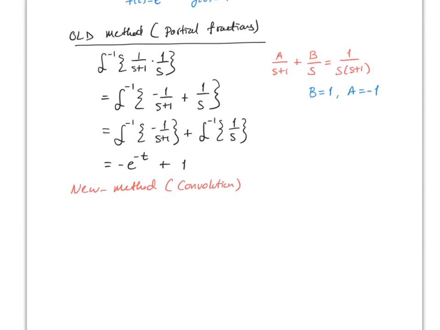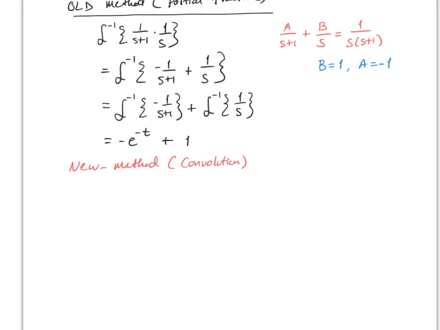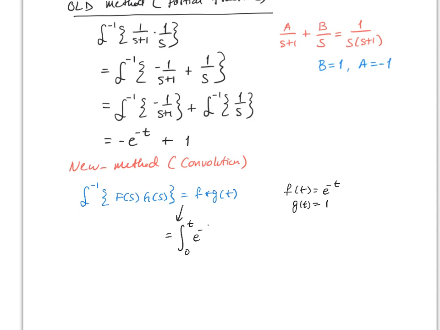Okay, so recall that the definition means the following. If you want to find the inverse Laplace transform of the product, all you have to do is find the convolution of the two functions. Again, remember that f of t equals e to the minus t, and g of t was equal to 1. So therefore this is equal to the integral from 0 to t of e to the minus (t minus tau)